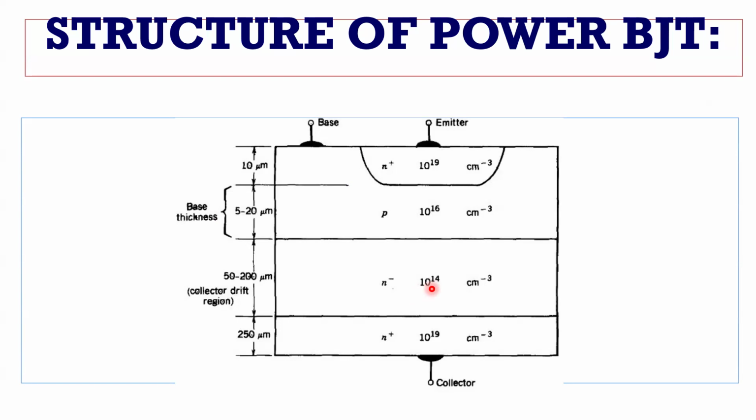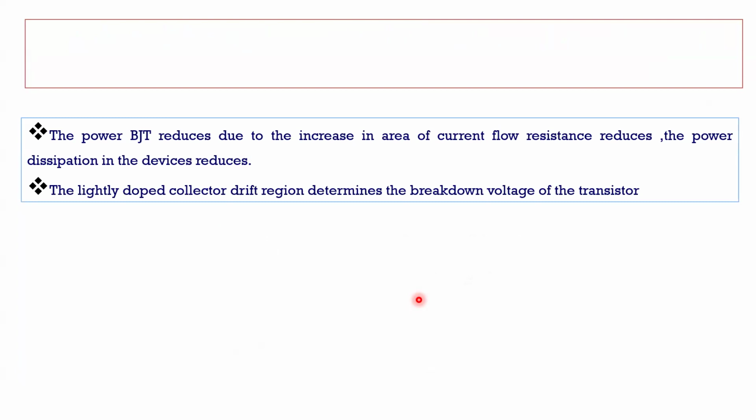And the N plus region that terminates that drift region has a doping level similar to that found in the emitter, 10 power 19. So the N plus region that terminates it is called the collector. To have good amplification capabilities, the base thickness should be as small as possible, a micrometer to a few tens of micrometers. The base region is made somewhat thin. Because the lightly doped collector drift region determines the breakdown voltage of the transistor,